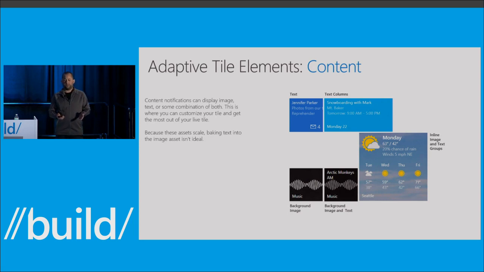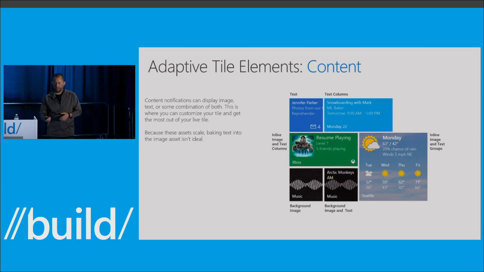The music app could just use a background image. In this case, it's using album art as its background image. And it could just put the name of the album and the name of the artist on the front if it wants. So a background image, which sometimes you'll hear us call a full bleed image, all the way across the back, and then just overlay some text on the front. And you're even able to control the overlay as well. So if you wanted to have the image kind of be darkened a little bit to make text display a little better, you can do that as well.